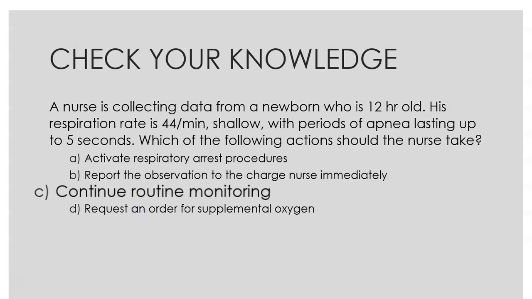So in this case, we are just going to continue to monitor. These are totally normal findings in a newborn. They often do have rapid, shallow, irregular respirations. That's why it is so important in infants that you are counting a full minute of their respirations, because if you just count for 30 seconds, you may have picked out 30 seconds where they were breathing 60 times a minute, but then if you keep watching, they slow that rate down or even stop breathing. So it is really even more important in newborns that you are counting for that full minute.